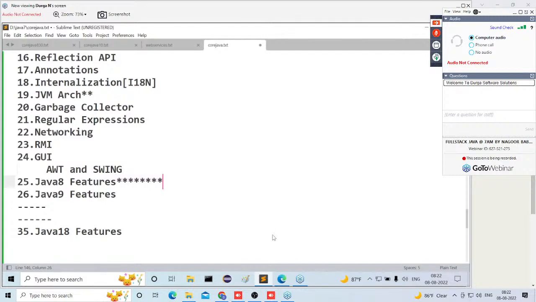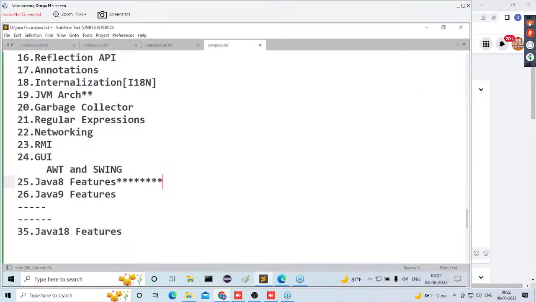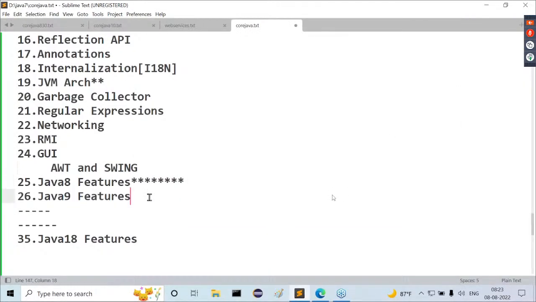Java 8 features we require, definitely. And moreover, I will discuss more and more about these Java 8 features. More content I will discuss there in Java 8 features. The remaining features are not mandatory, and not required to understand with very much effort. But these concepts we have to understand clearly.